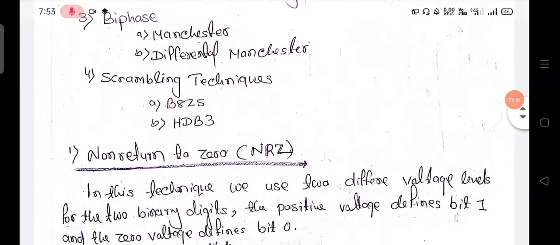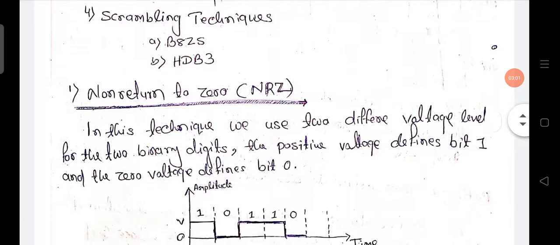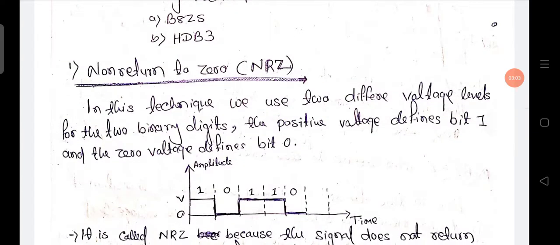Now let us study these techniques. Today we will discuss non-return to zero. What is NRZ? Okay. What is NRZ? This is the very common and very simple process of encoding digital data into digital signal. Here, in non return to zero, in this scheme